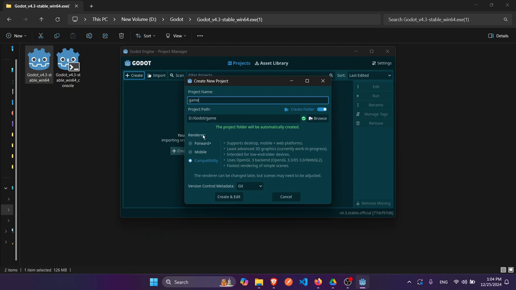And after that, here in render, you can see we have forward plus, mobile, and compatibility. This is for advanced 3D graphics, and this is for mobile games and desktop games, and this is for less powerful platforms like web. If you want to make HTML5 games, then you can use the compatibility mode. So you might be asking, which one should I choose? If you have a nice computer, then you can go for the upper version. But if you have a normal